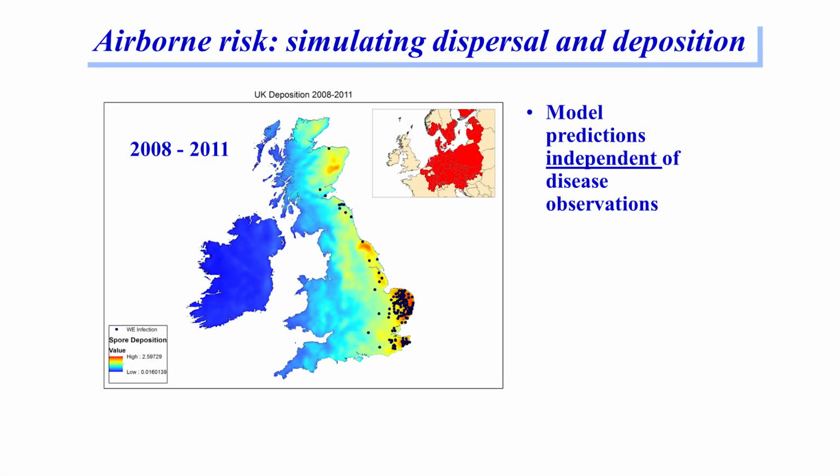And what we see is that we then consider, you'd be familiar with these sorts of scales now, from low to high, the relative deposition of spores in the British Isles from the region here in the continent. And of course there is very close correspondence with those infected sites in the wider time.